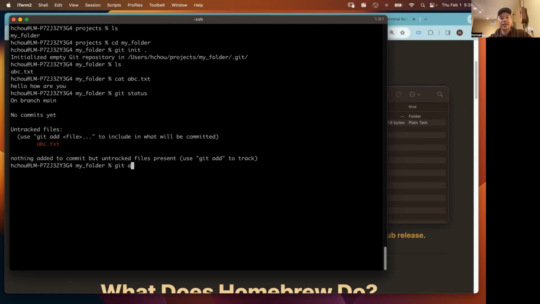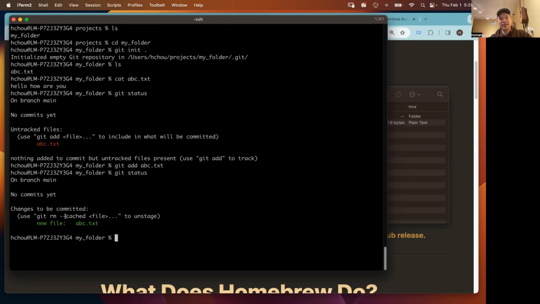So I can add this. So I can say git add abc.txt. And then if I do git status, you see how it became green? I've staged it. So anything that I commit now that I have that is in green that I've staged will become part of that commit. And a commit is kind of like, I don't know, sort of like a timestamp or a slice in time. So if I say git commit, it will commit everything in green, all the files in green, and I can add a message. So I can say first commit,